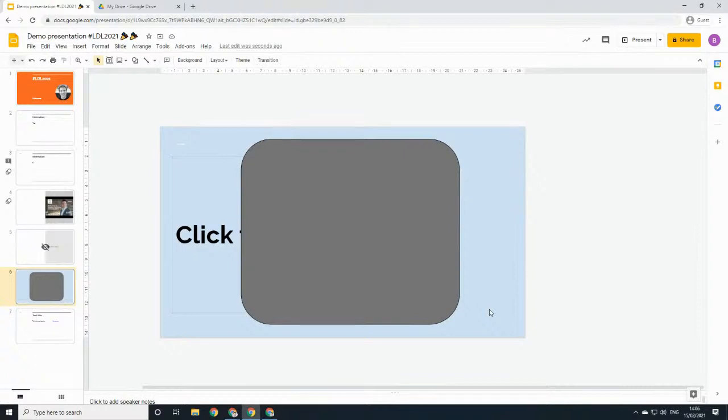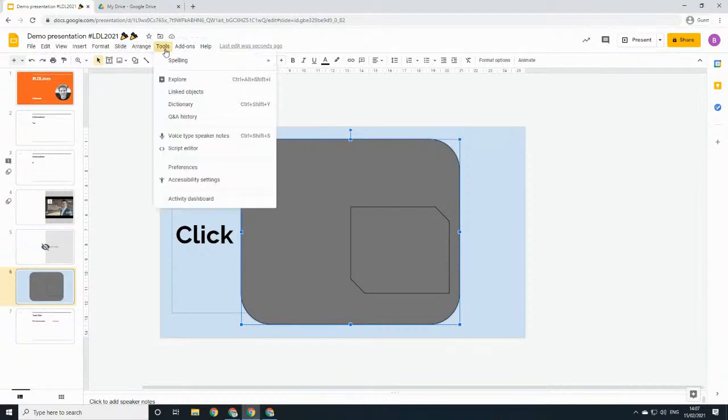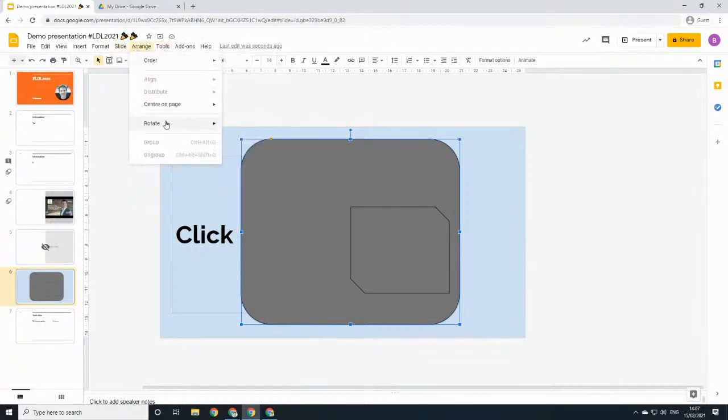In some of the more professional presentations that I've created, I've ended up layering different shapes together to create things that maybe look like a tablet or a Chromebook or a Christmas tree, if you watch the Google Drawings webinar. I've done that by moving things backwards and forwards. If I go to the arrange option, I can send things to the back or send them backwards. So you can see here I've got one of my shapes, and then if I send it back again,